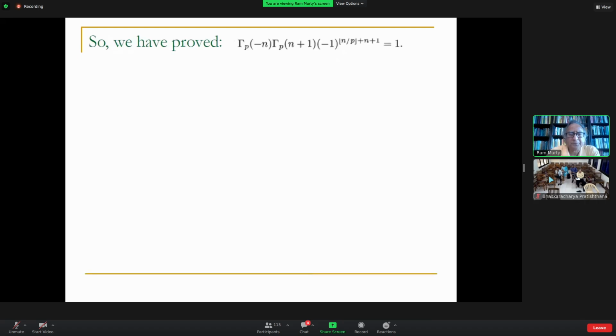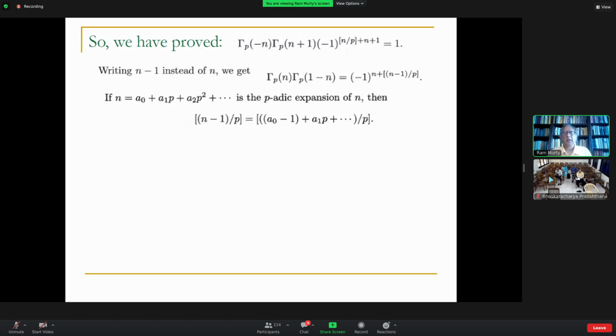And then when you work it out, so we've proved this particular thing, and changing to n minus 1 instead of n gives me gamma p of n times gamma p of 1 minus n equals minus 1 to the power n plus the greatest integer of n minus 1 over p. So we want to analyze what is the meaning of this exponent. Write n in the p-adic form, a0 plus a1p plus dot dot dot, and when we look at n minus 1, subtract 1 from this, you get a0 minus 1 plus dot dot dot, divide by p, and then you get